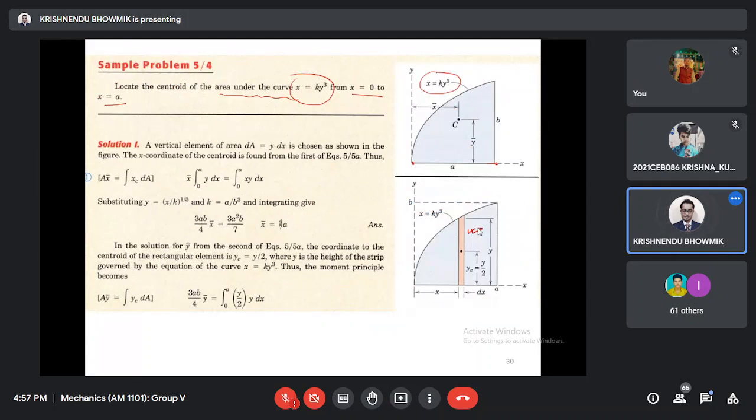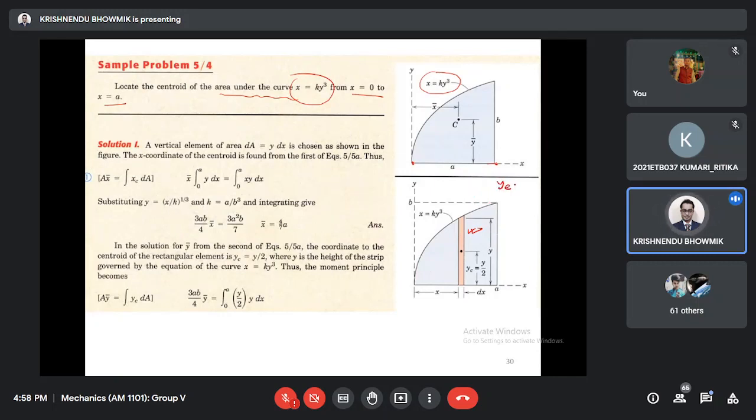Sir, x is a function of y. So the centroid is located at y by 2, so we can do dA equals x dy. No. Because we know the limit in x is up to a. Okay, fine. So as you told, if I take this vertical strip,